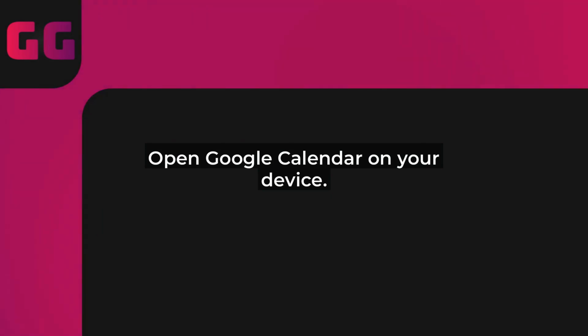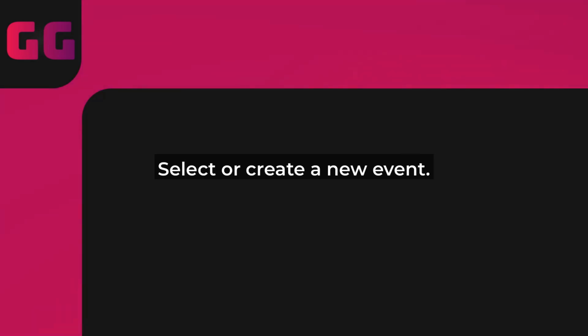Today, we're tackling something super useful in Google Calendar: adding notes to your events. Whether you're planning meetings, birthdays, or daily tasks in 2025, Notes can help you jot down important details like agendas, reminders, or even personal thoughts. This feature keeps everything in one place, making your life a lot easier. So, let's dive right in and get you set up.